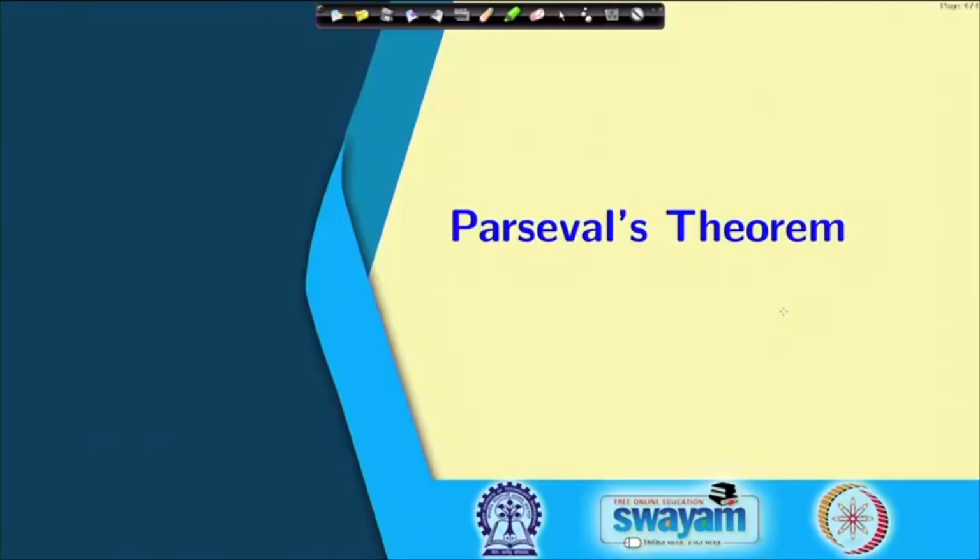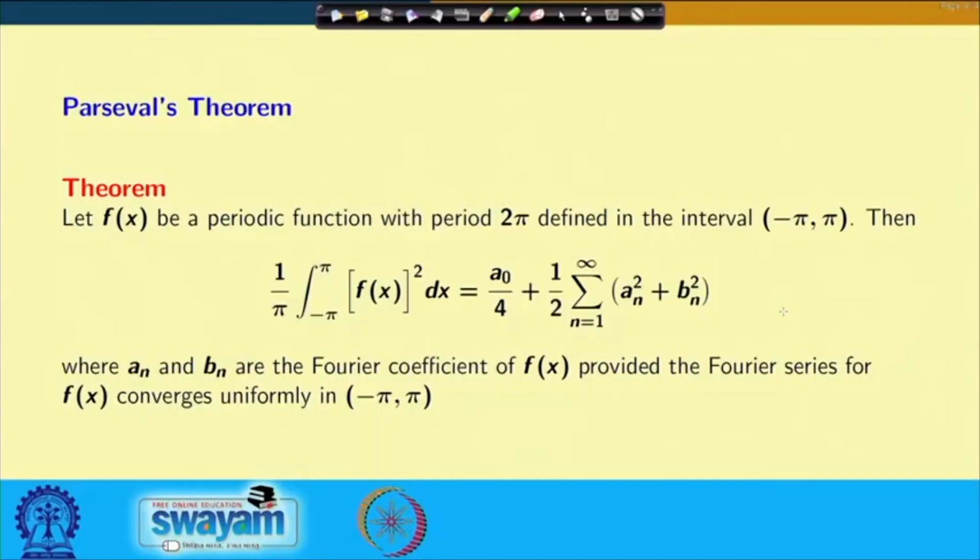Now, in this particular lecture, we will study a theorem which we call Parseval's theorem, and after that we will show what the applications of Parseval's theorem are. So, Parseval's theorem states that, let f x be a periodic function with period 2 pi and defined in the interval minus pi to pi,